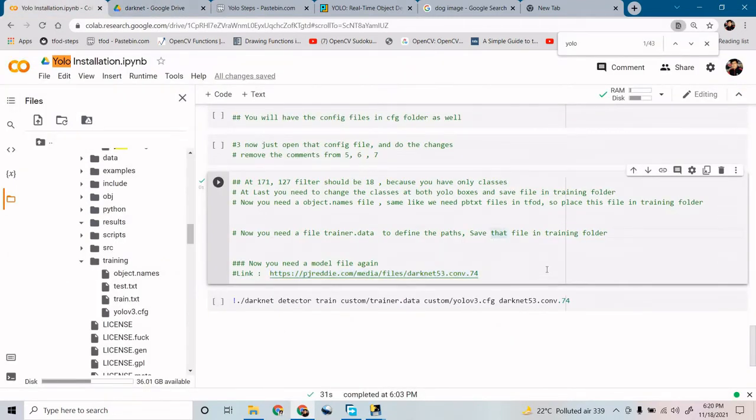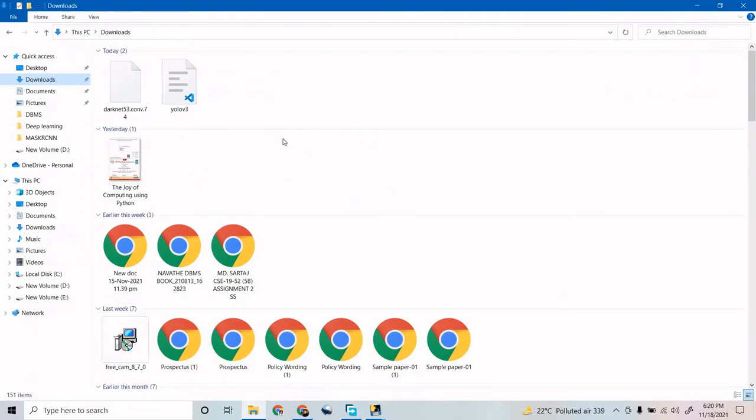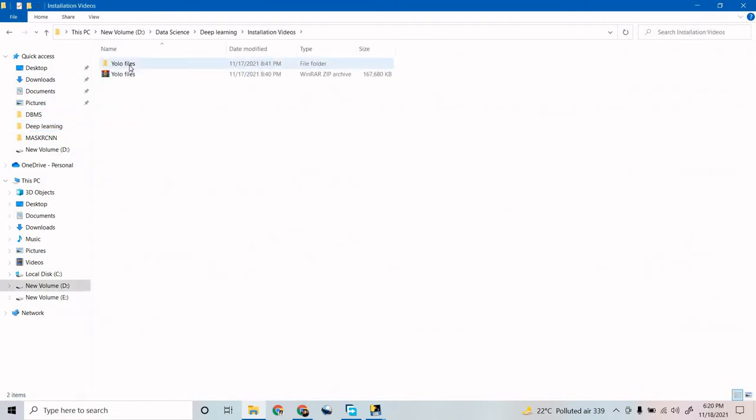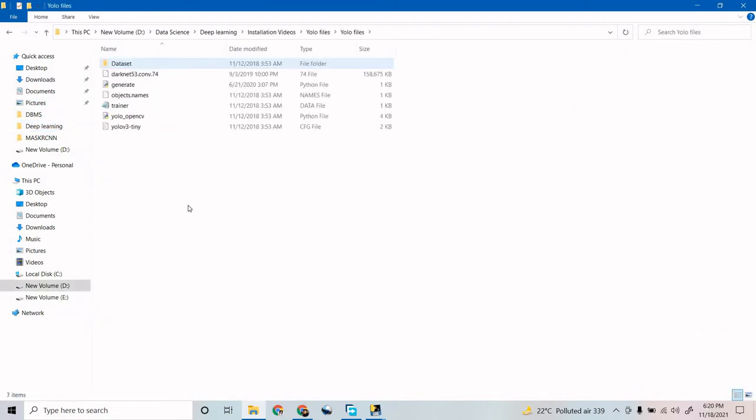Now after that, you can try to start training, but before that you need to create one more thing, something known as trainer.data, which will define your paths. I think I already have these files, let me show you. Don't worry about all these things, I will provide them. I have trainer.data.